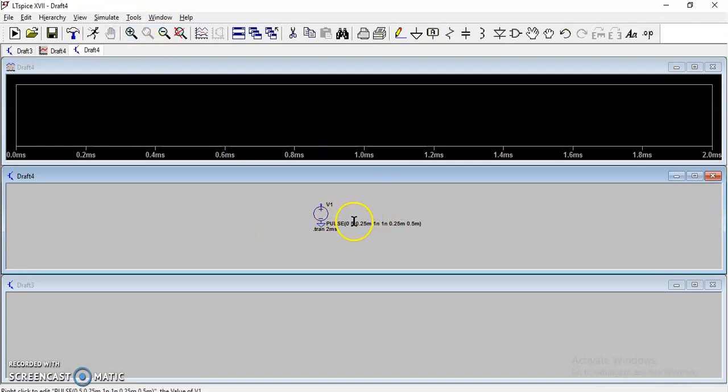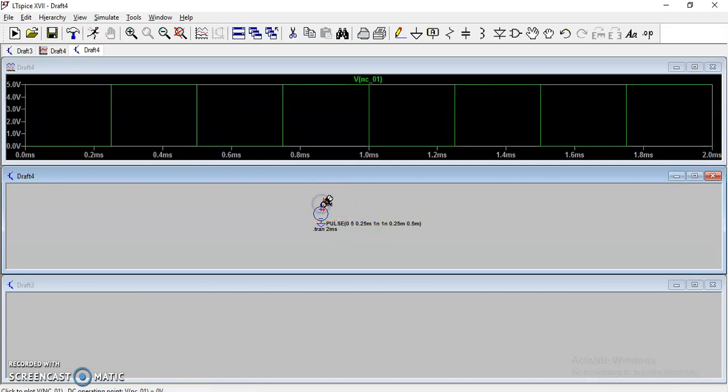So here you want to generate a voltage waveform. You just click here. Okay, you can see a square wave of initial voltage 0 and highest voltage 5 volt is generated. So this is your off time period and this is the on time period. This is one cycle, this is the second cycle, this is the third cycle, and this is the fourth cycle. So you have stopped your simulation at 2 milliseconds. So this is how you can generate a square wave using LT Spice.